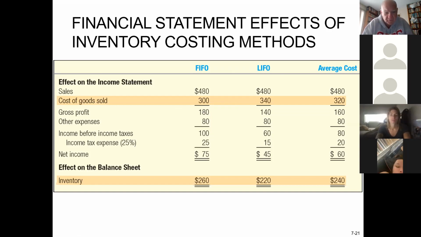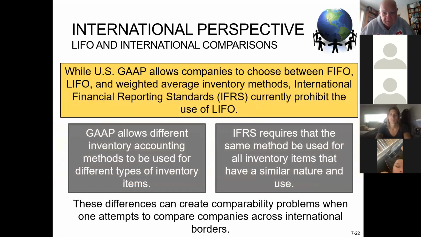The only time the cost of goods sold under FIFO and LIFO ever agree with each other is if you sell all the inventory and you have no inventory left. And that's like a trick question I've seen pop up. If you sell everything, then it all comes out to the 560 we had in the available.